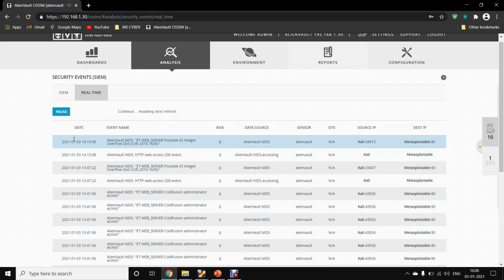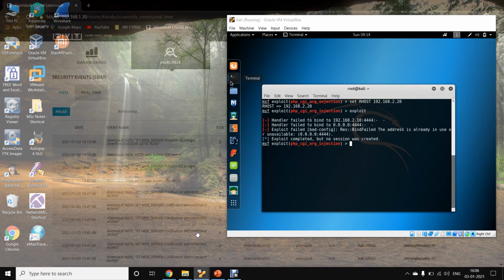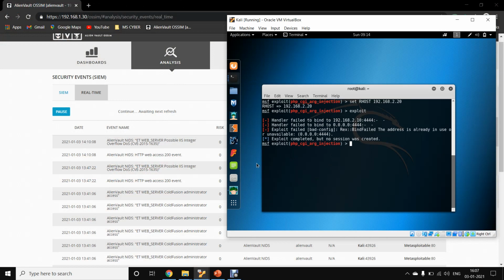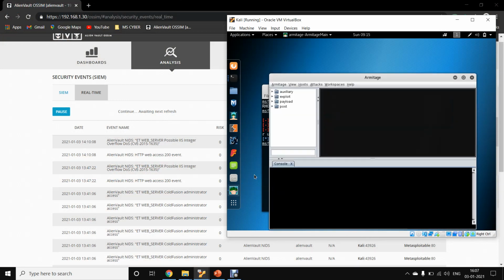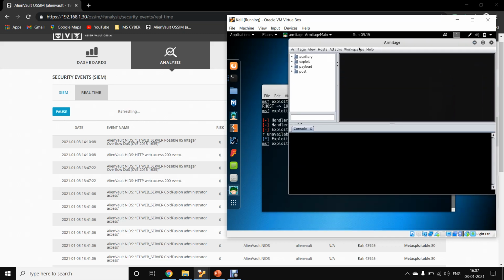So let's move on to the fourth attack, which is the SQL injection attack. We have used the Armitage tool to perform this attack. As of now, it's taking time to load the network.